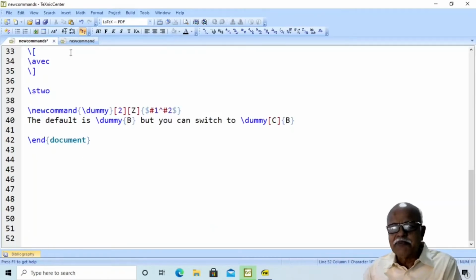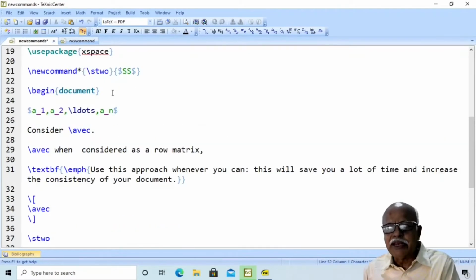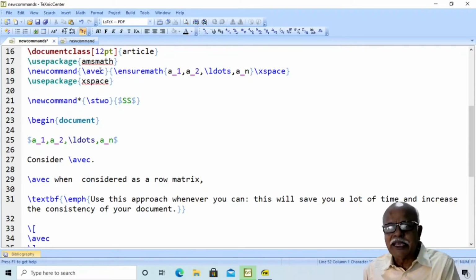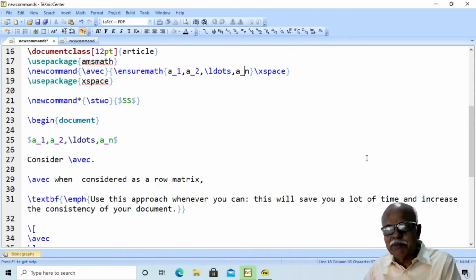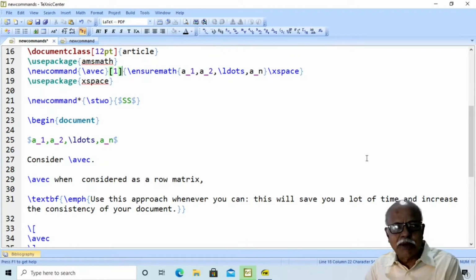Let us say we have already defined the command \avec. Suppose in your document the expression a1, a2, dots, and then am also occurs in a number of places. What you can do is have an optional parameter, one number, and then in the place of n you can have #1.